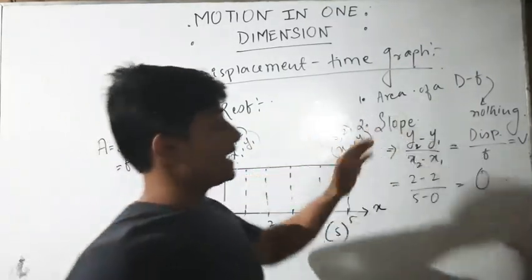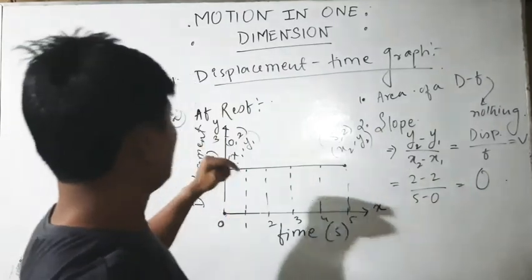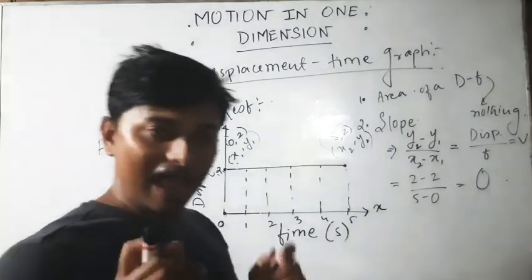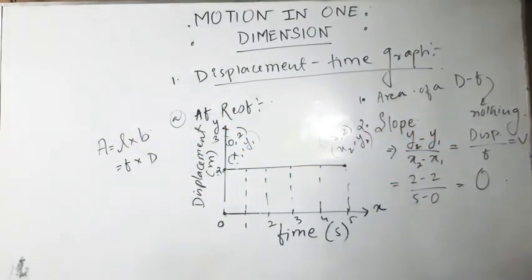So these two data are very important. The area and the slope of that particular graph are very, very important. You have to know this part very carefully. Okay. Now, next is